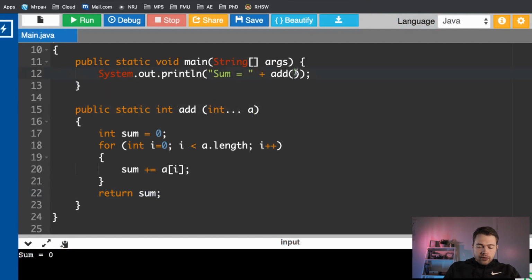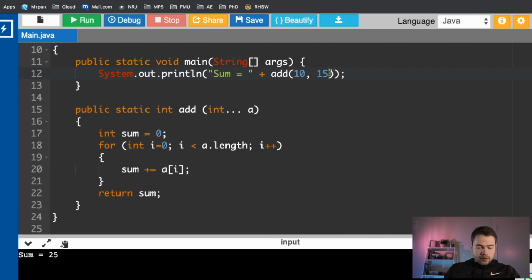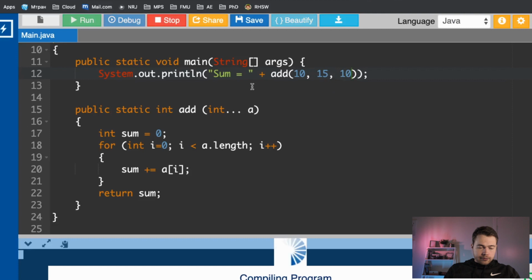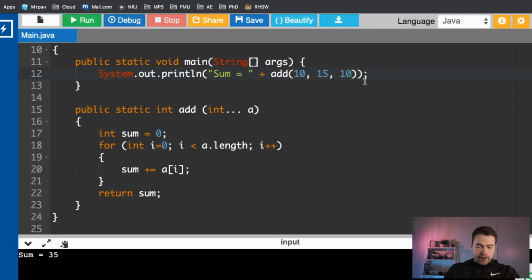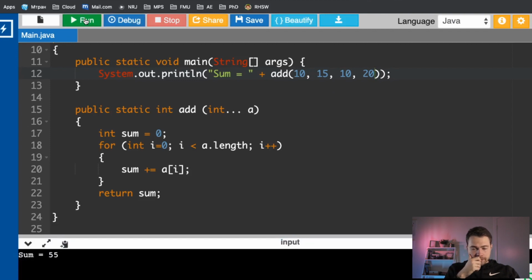Now, for example, if you have 10, 15, that works as expected. Now if I add 10 more, so now it's 35, right? If I add 20 more, that would also work. So you see, it accepts all of them. Okay. Now, a question to you. What do you think? I'm not going to answer the question, so I want you to test it out and figure it out on your own. What do you think is going to happen if